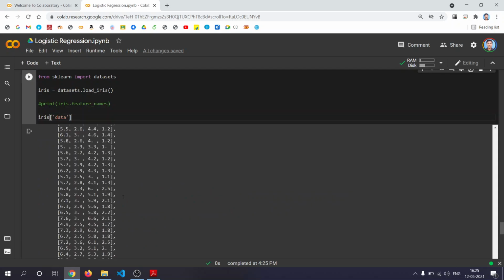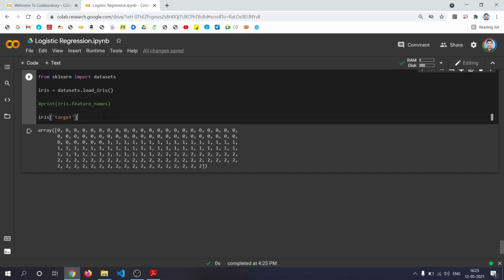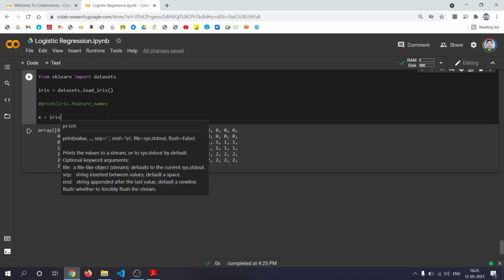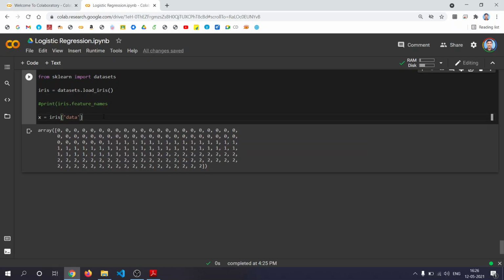Okay. So this is how the data is obtained. It is available as two separate lists, iris.data and iris.target. iris.target will be this array. 0 means the first type of flowers, 1 means the second type of flower, and 2 means the third type of flower. Okay.